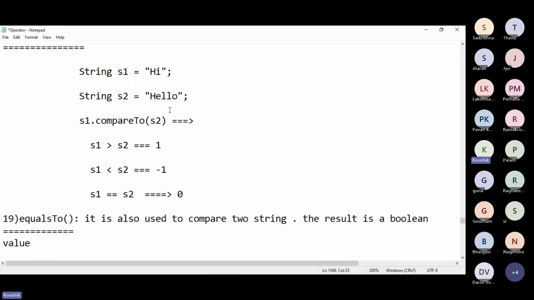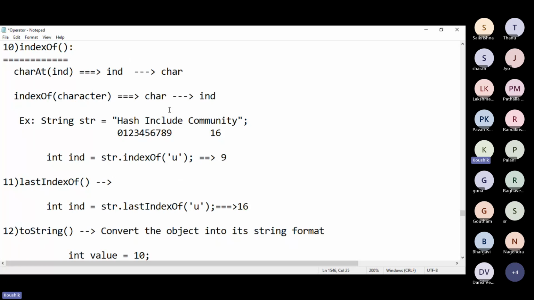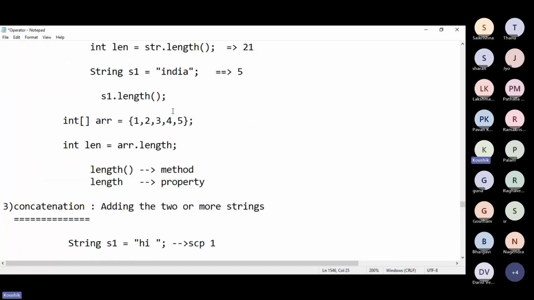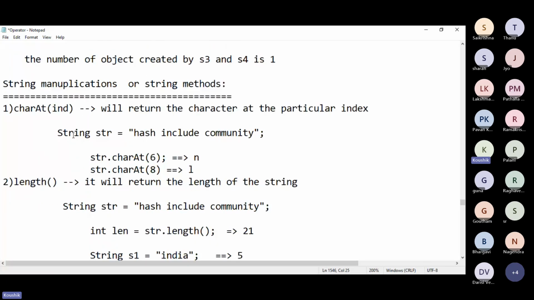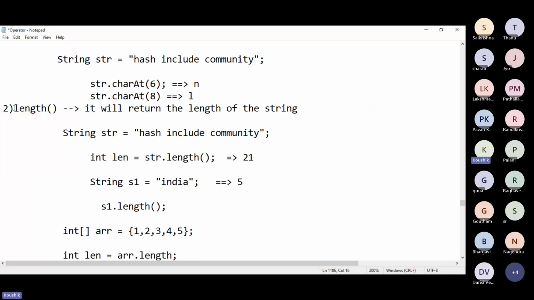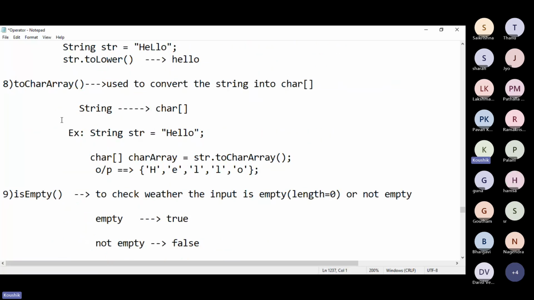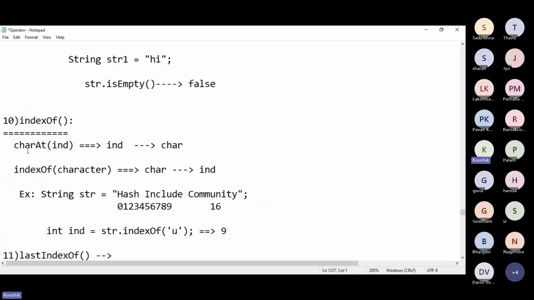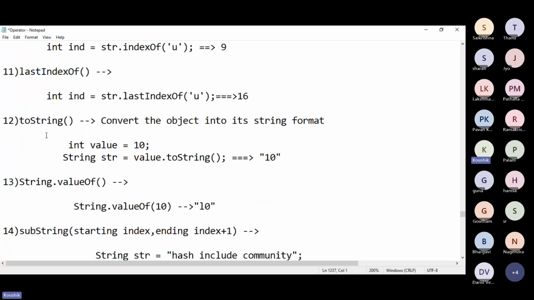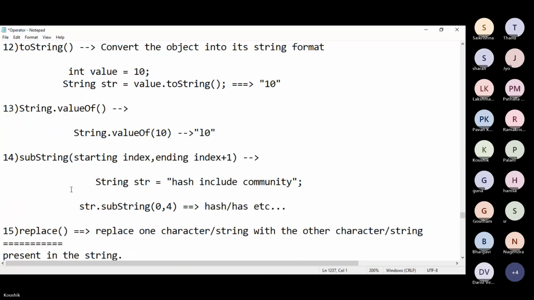So yesterday we discussed the functions and methods present in the string. We discussed nearly 21 methods, like charAt, indexOf, and length. If you want to find the length of a string, you go for the length method, and also concatenation, split, toUpperCase, toLowerCase, toCharArray, isEmpty, indexOf, toString, String.valueOf, substring,